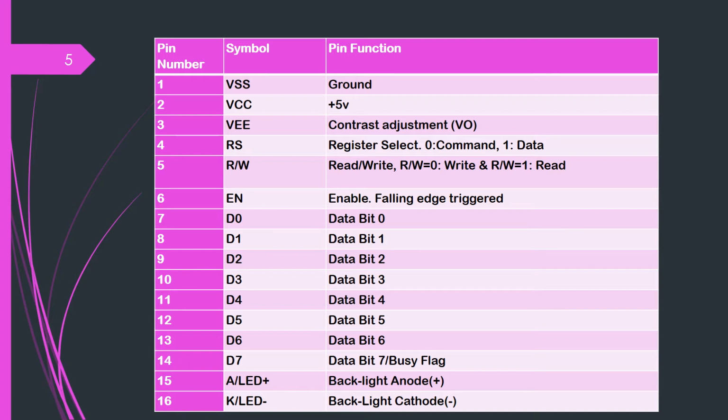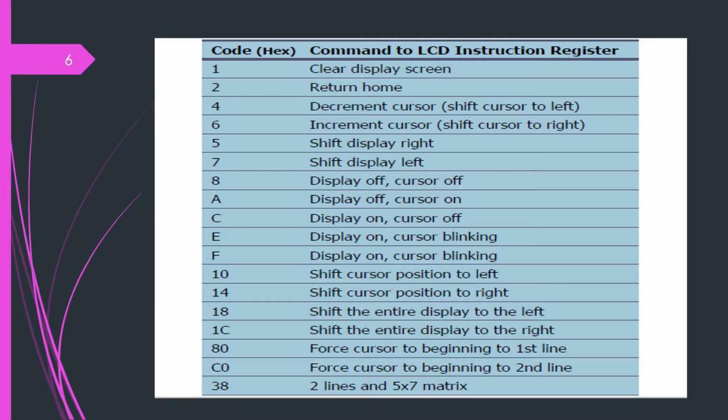So once again I have listed it based on the operation. Now these are the commands which are conventionally used by the LCD to perform various operations. The first command, with its hex code I have just mentioned, is code 1. It is clear display screen, so it is going to clear the screen. We will write one assembly language code where we will be using these commands. Then code 2 is return home. It will come back. Then code 4 is decrement cursor.